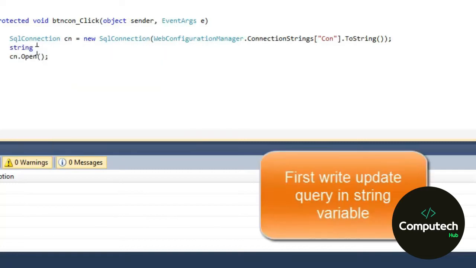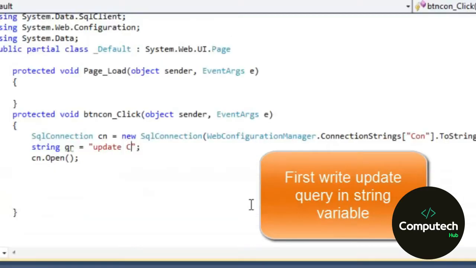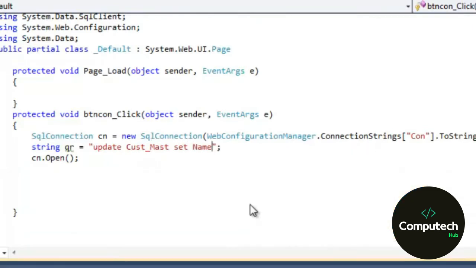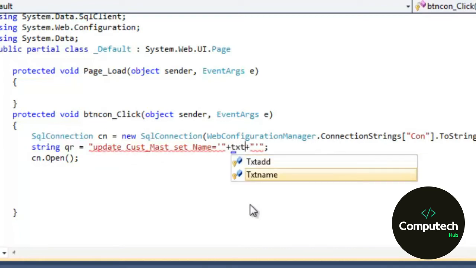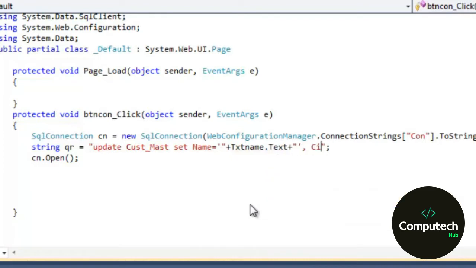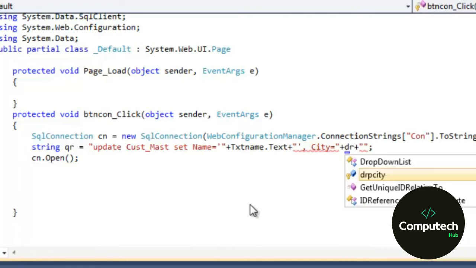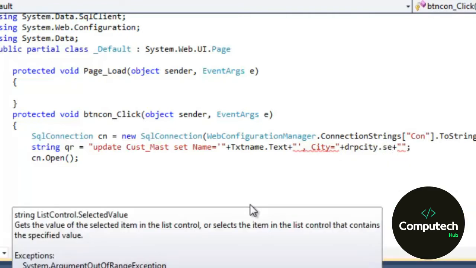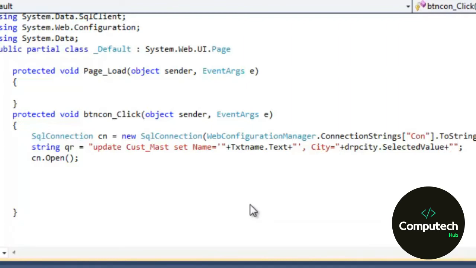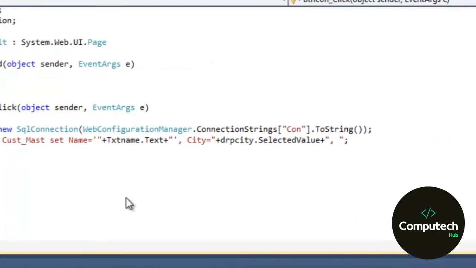First, write query in string variable. Update customer must set name is equal to txtName.Text, city is equal to drpCity.SelectedValue, address is equal to